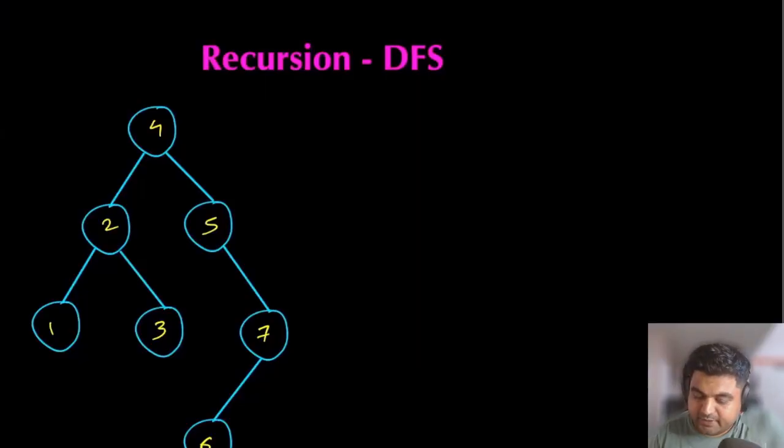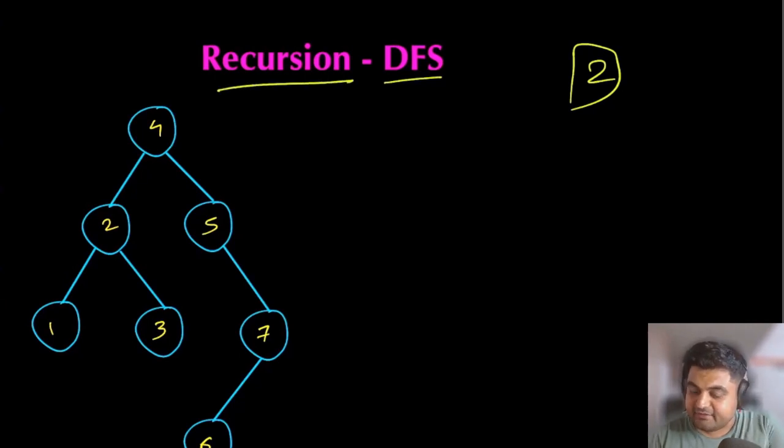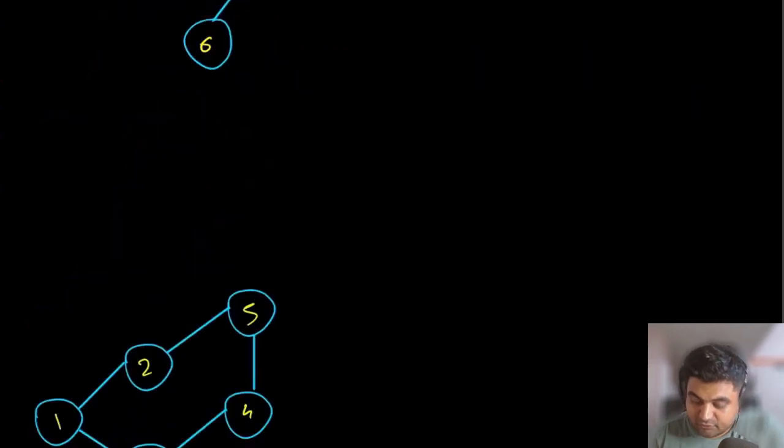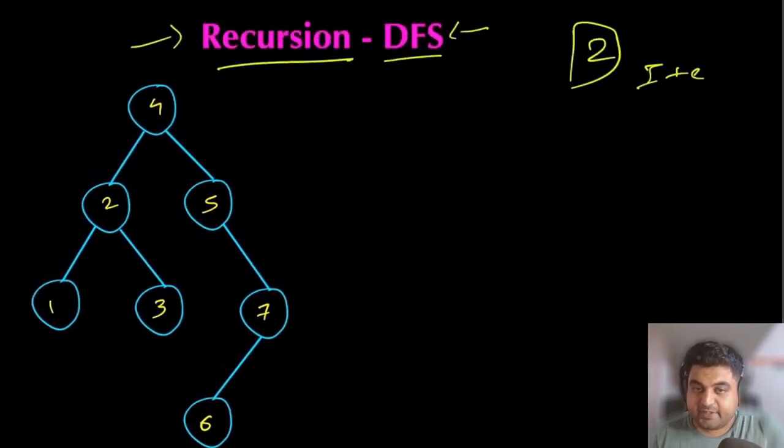Now, when it comes to DFS, there are actually 2 ways to implement DFS. The first one is a recursive way using recursion, and the second one is an iterative way. So first I'm going to show you how recursion works in DFS and what a typical flow of using recursion looks like for a tree and also for a graph. I'm going to show you both examples.